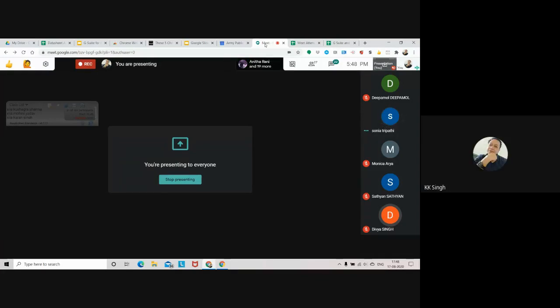Why not? After the meet, the sheet is available on your cloud. See, you are using Microsoft Excel, because you are habitual of using Microsoft Excel in place of Google Sheet. You are habitual of using Microsoft Word in place of Docs of Google Cloud. You are habitual of using the database Microsoft Access, right?